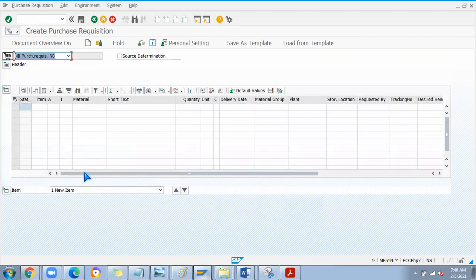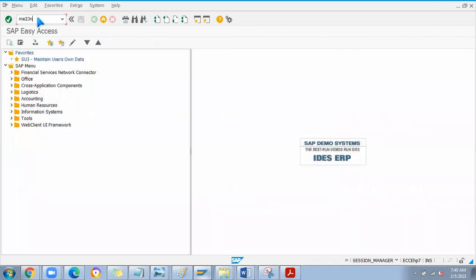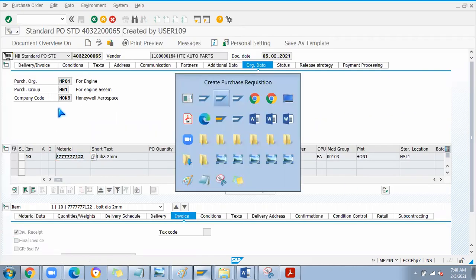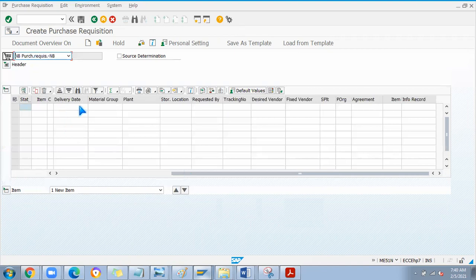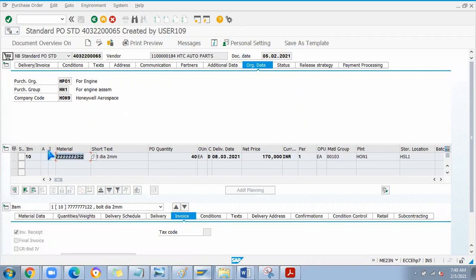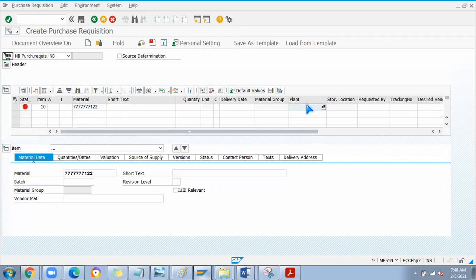Okay, I'm going to use purchase requisition. I'll take some example and I'll create quickly ME51N. So create material, I'll put the plant H1.